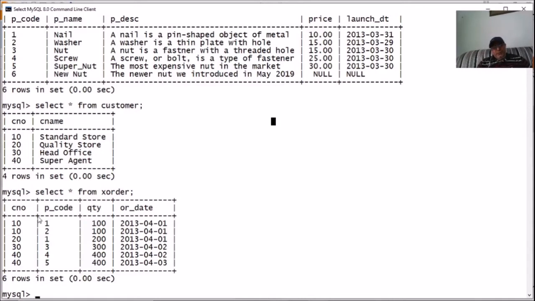What I'm going to do is join this table with the product table on the product code, and corresponding to those product codes, I'll be fetching the product name from the product table. This is just an example. So the first command I'm going to give is a simple join operation. Let's see how this is defined and what it further does.